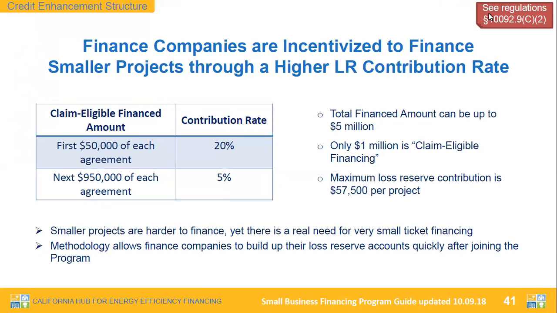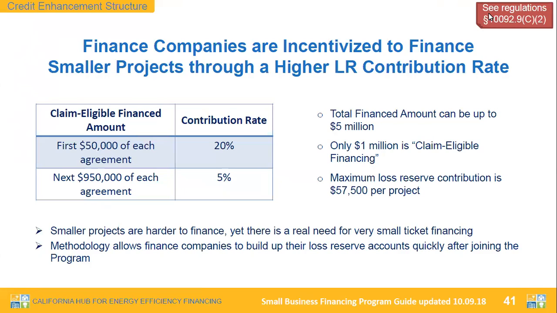So here we've really smoothed it out. What this new methodology does is it's gradual, so it's smoothed out. It also provides an incentive for small deals, which are hard to finance. So those finance companies doing those 50,000 and under deals are getting a 20% contribution to help them with that